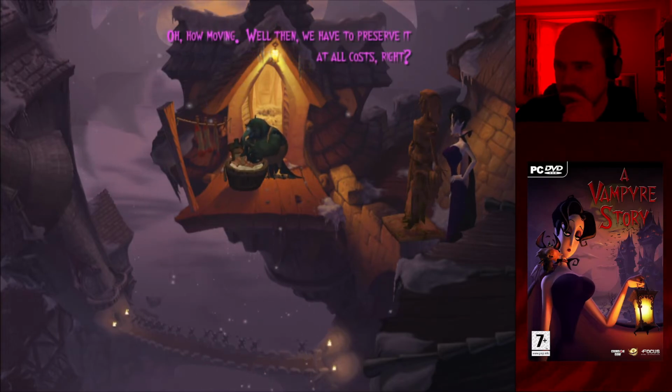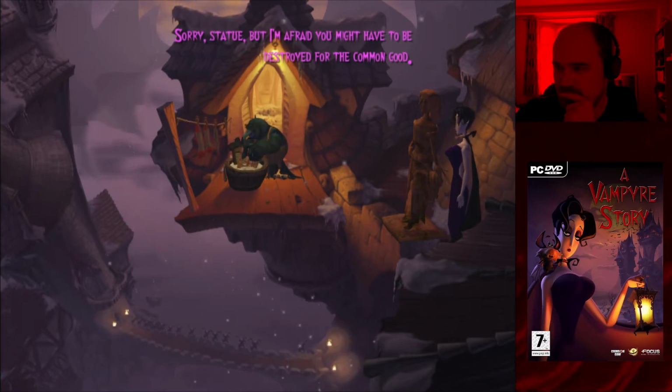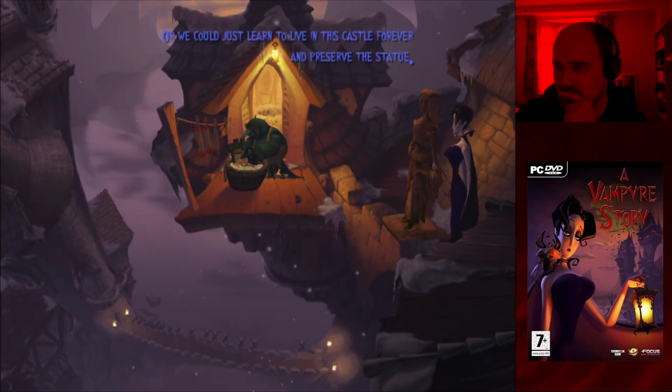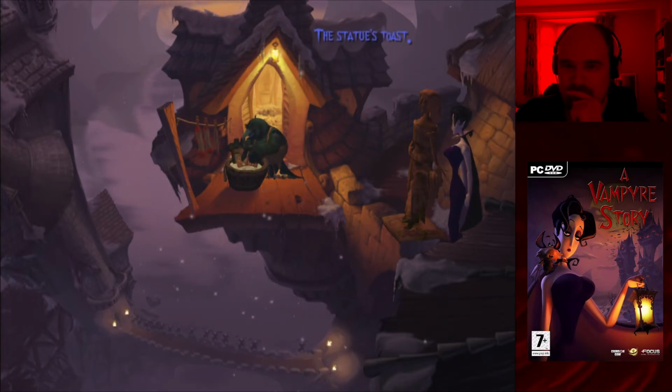Oh, how moving. Well then, we have to preserve it at all costs, right? Yeah, of course. Unless we want to smash it for fun. Sorry, statue, but I'm afraid you might have to be destroyed for the common good. Or we could just learn to live in this castle forever and preserve the statue. No. Nah, the statue's toast.